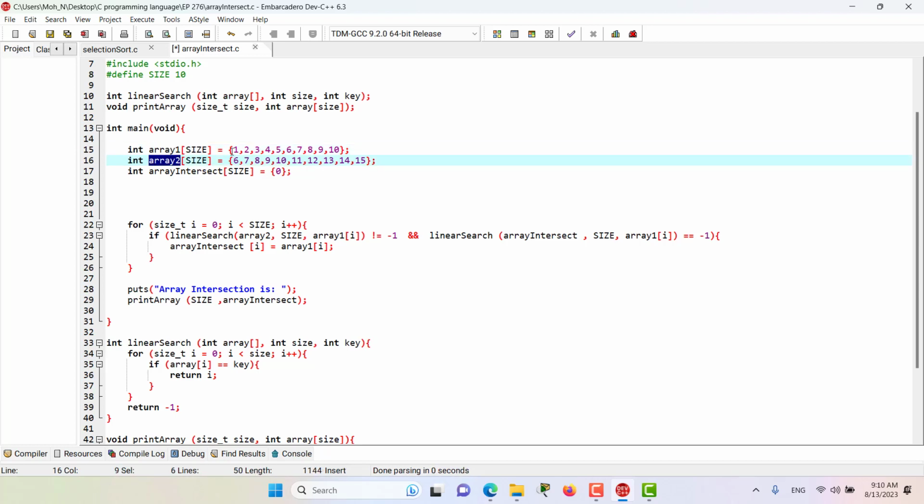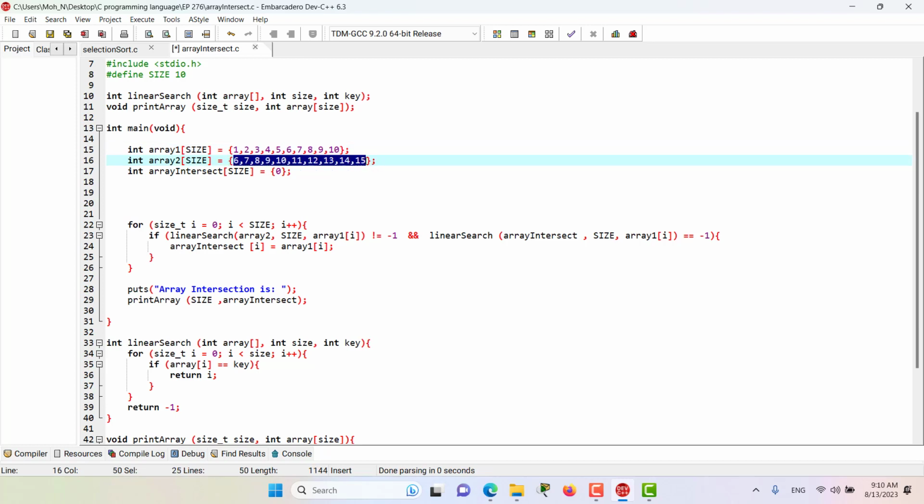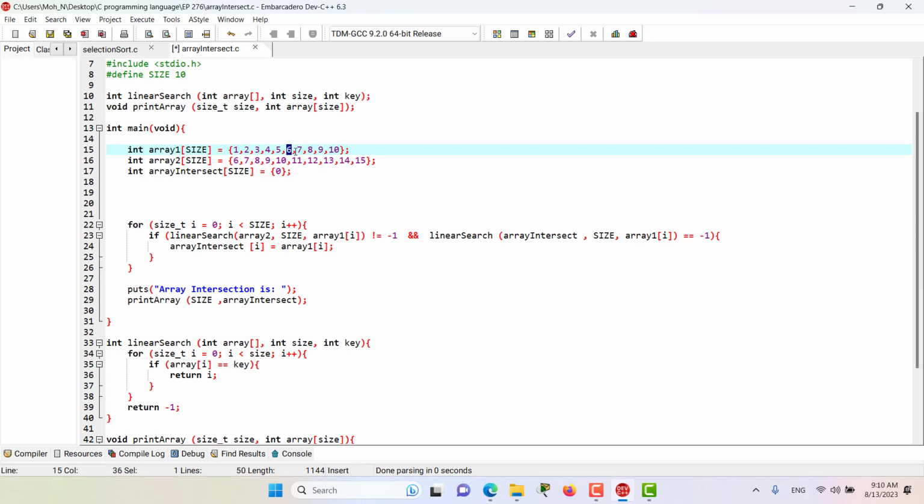As you can see, array 1 has 10 elements and array 2 also has 10 elements. Some of the elements between array 1 and array 2 are common to both sets, such as 6, 7, 8, 9 and 10, which are in both array 1 and array 2, and that is the intersection of these two sets. But we need an additional array to store these numbers, and we call this array intersect,